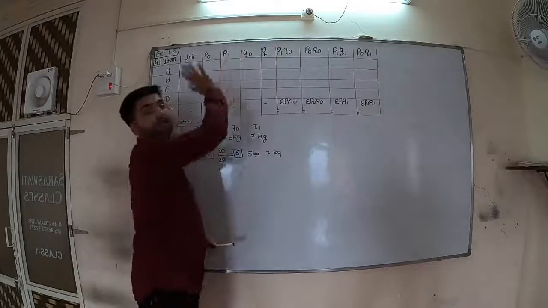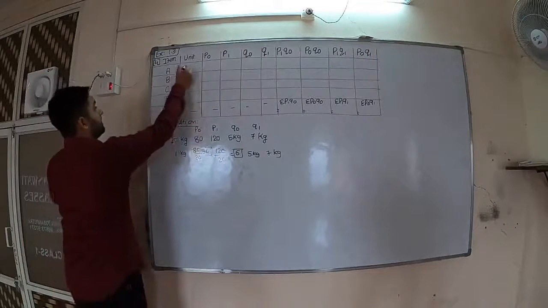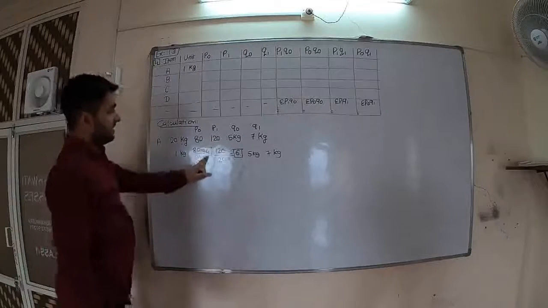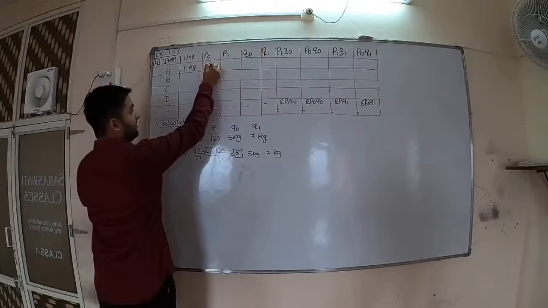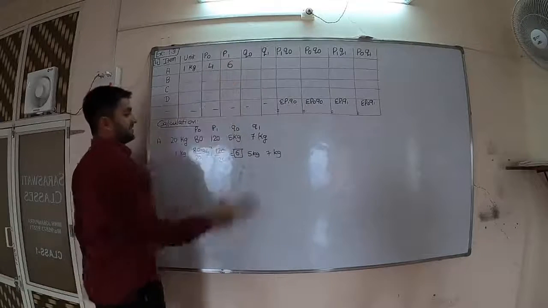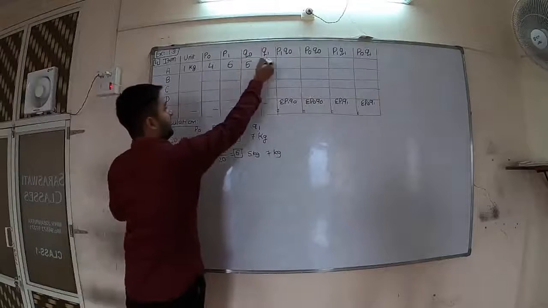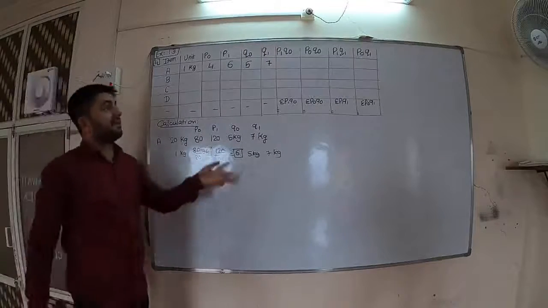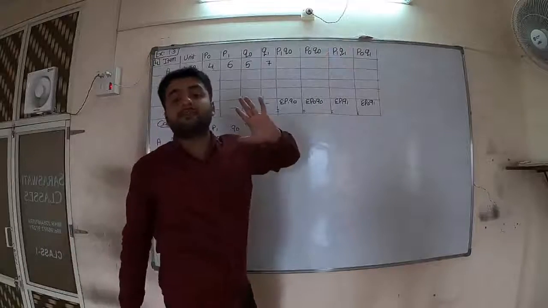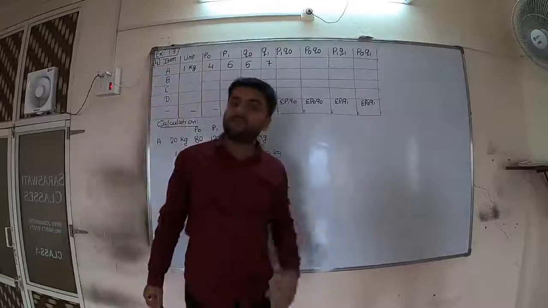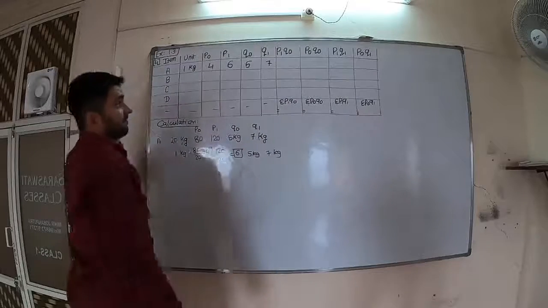Now you have to post it here. See, now what we will write? Instead of 20 kg, 1 kg. Then instead of 80, we will write 4. Instead of 120, we will write 6. And then 5 and 7, no kg required. Okay, now itself we will solve these things also, because otherwise first everything we will write, then again we will do it. Instead of that, do it now itself.